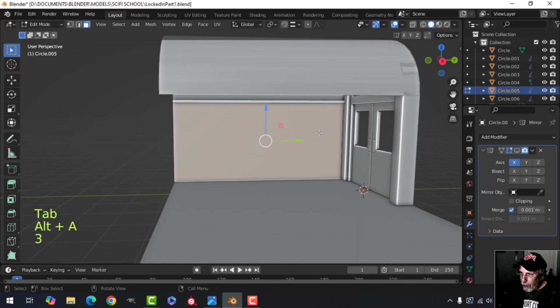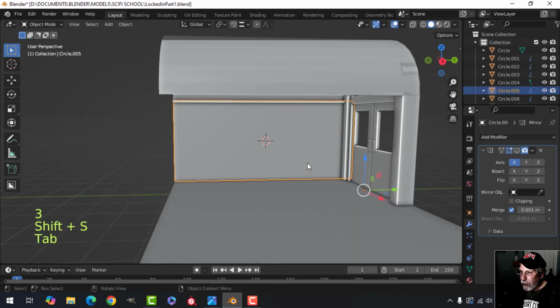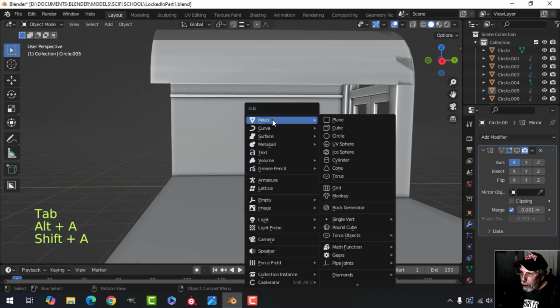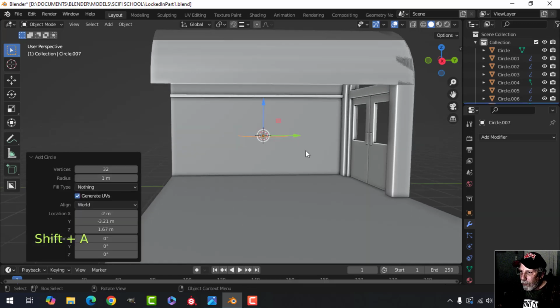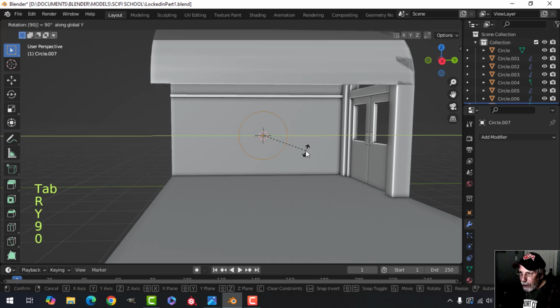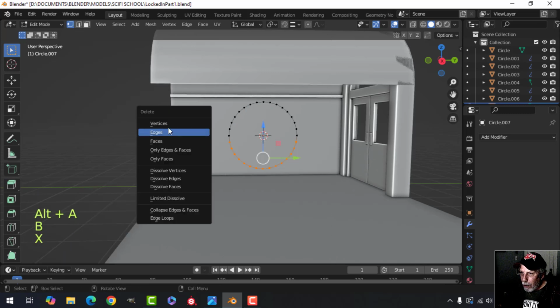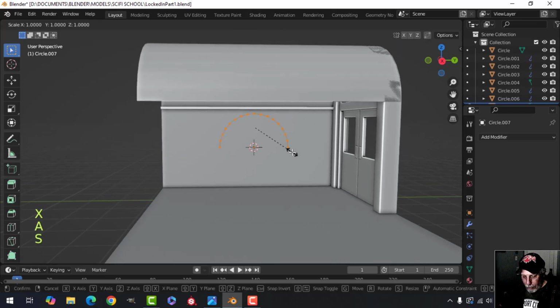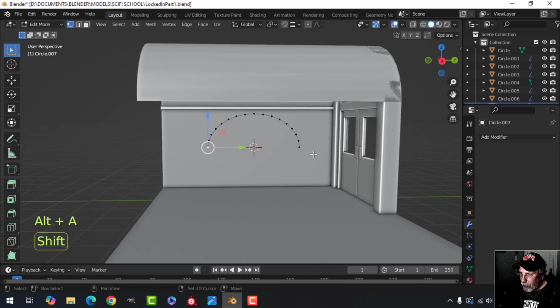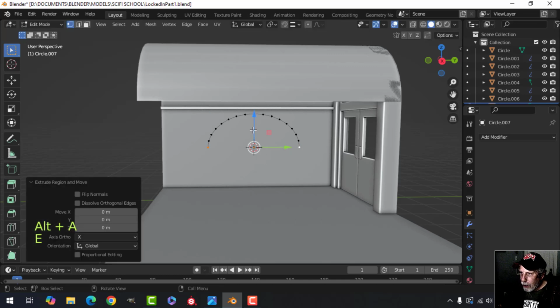So I'm going to come in here and I'm going to select here, bring my 3D cursor there, and I'm going to bring in another circle, and I'm going to go for 32. Rotate Y 90. I'm going to scale it. I'm going to delete these bottom vertices, and I'm going to scale this in the Y. I want it kind of nice and wide, like it's the entrance to a classroom. Let's just go ahead and extrude these down,